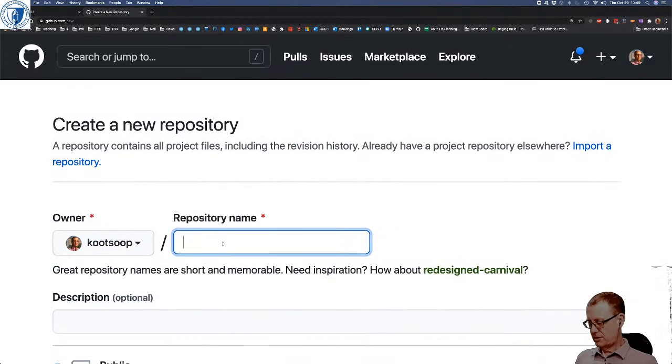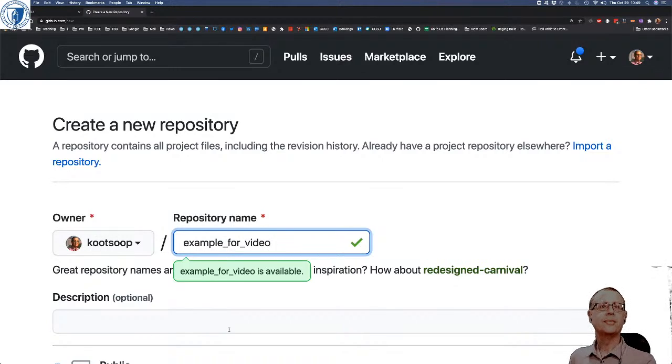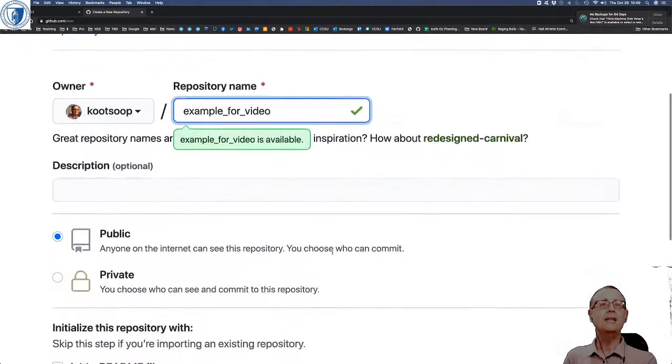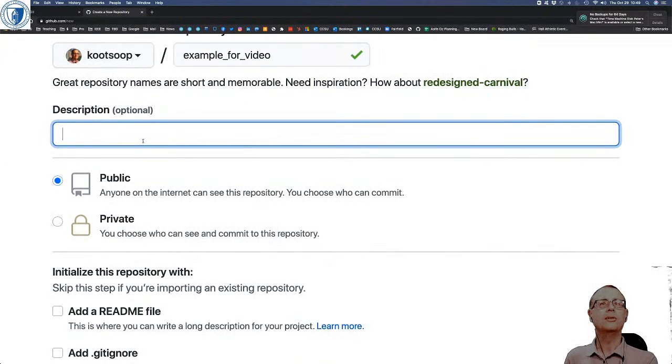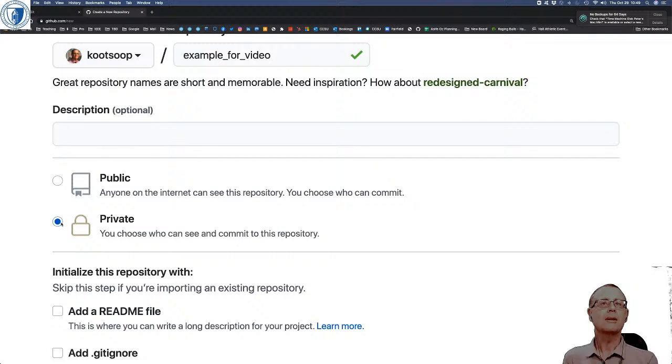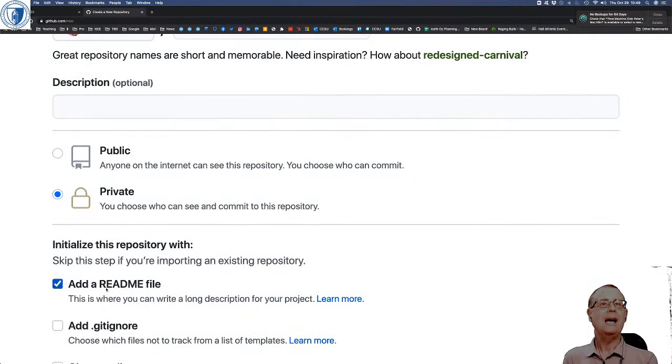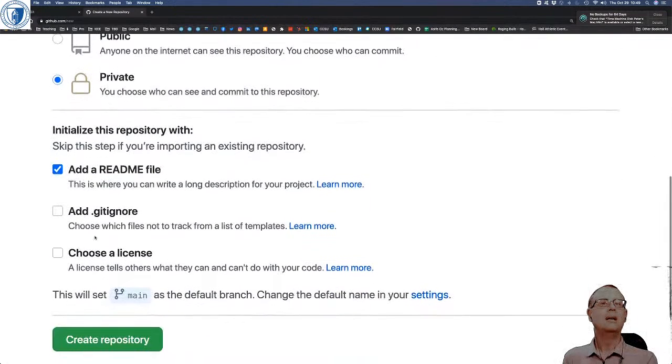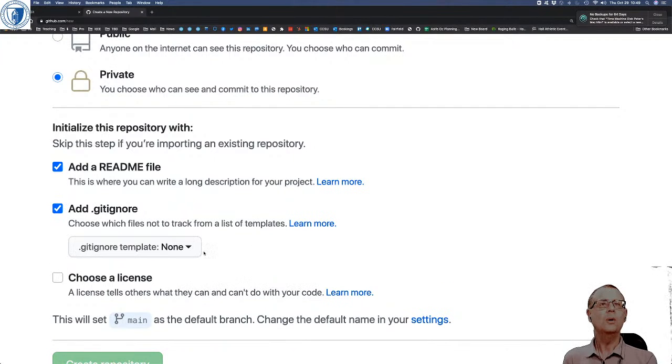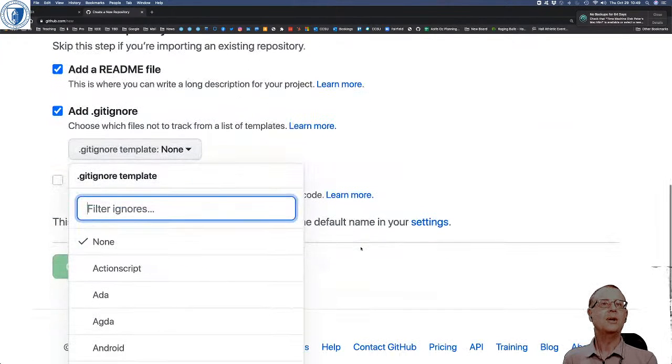I'm going to just call this example for video. I don't need to put anything else in there. I can put a description if I want. I can make this private so that not everybody sees the repository. I think I'm going to do that. I'm going to add a README file. I'm going to add a .gitignore, and there's various